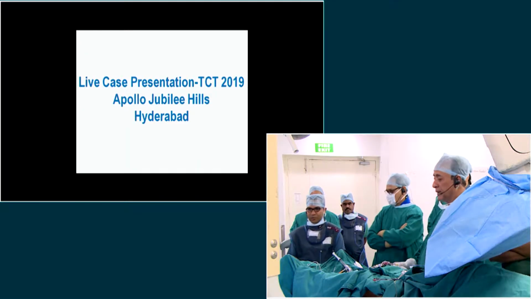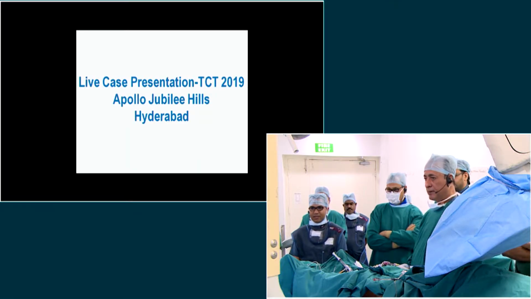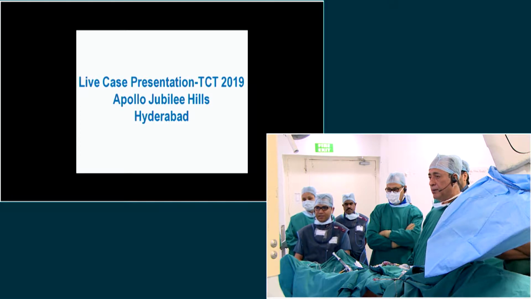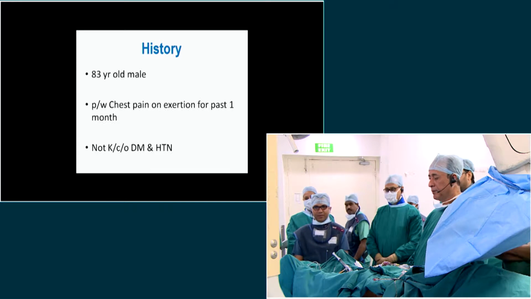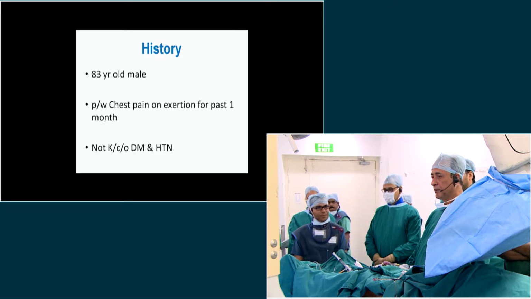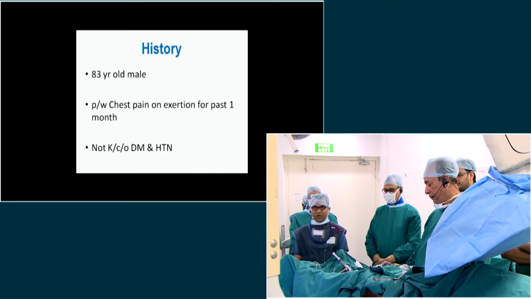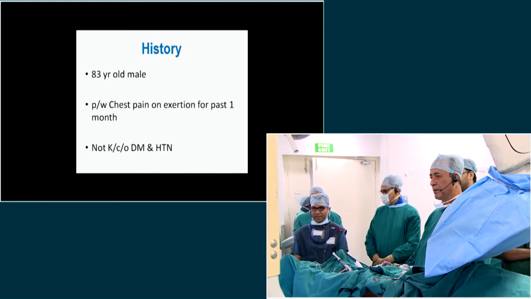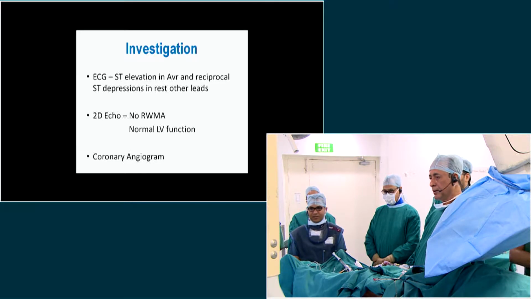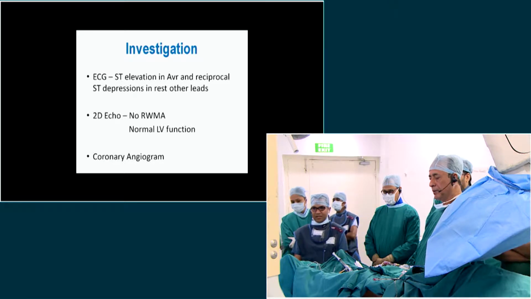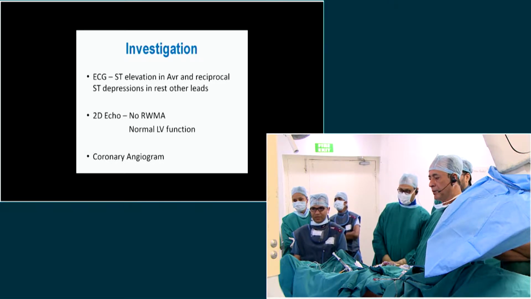Good morning, respected chairpersons, teachers, and my dear friends. Here is an 83-year-old male who presented with typical anginal pain on exertion for the past 1 month. He is not a known diabetic or hypertensive. His ECG showed ST elevation in aVR with reciprocal changes in all other leads, and the echocardiogram was normal. Because of the ECG changes and his symptoms, we went ahead with angiography, which showed